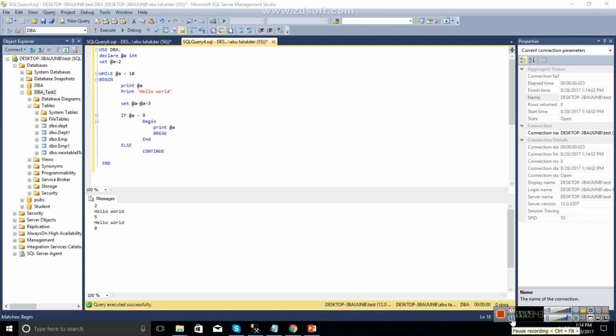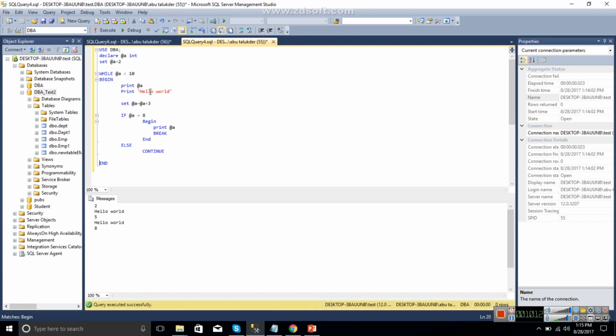So now I have added a few lines here. Additionally, I added these lines now to show you two things: one is break and continue, how break and continue work. We have put within my begin and end of the loop another condition there. So once it goes, let's say with the number 2,